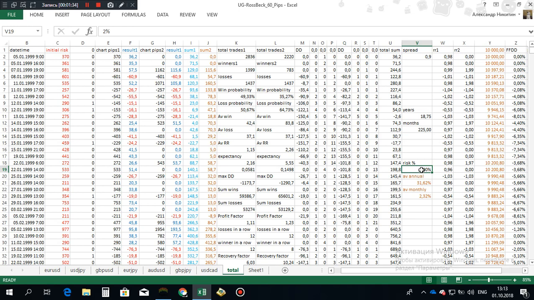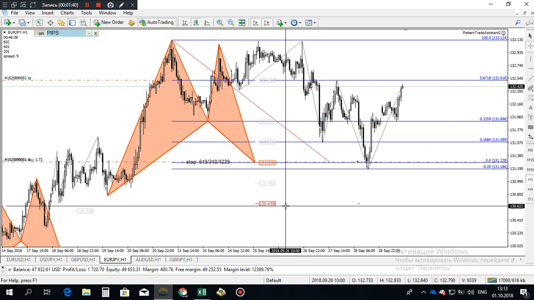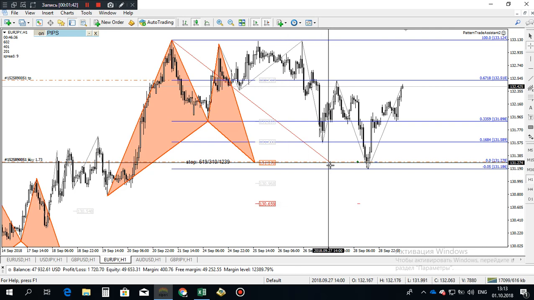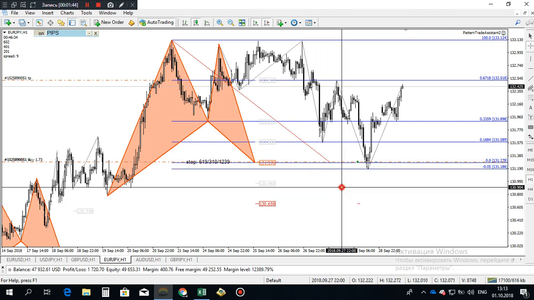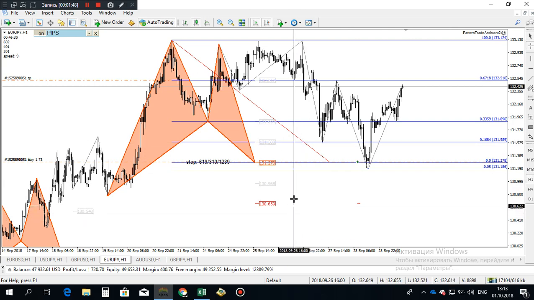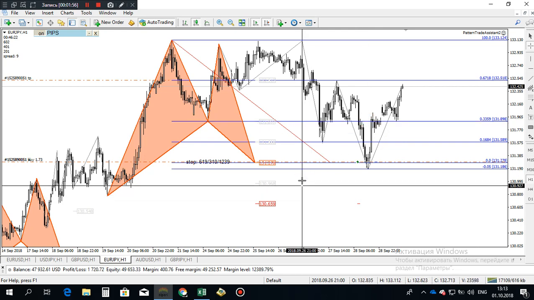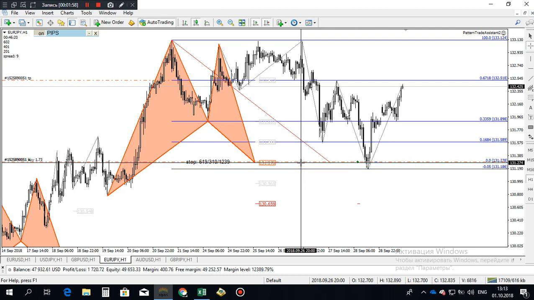Okay, as for the other rules, let us have an example here. This is the initial stop loss placement. This is the buy limit order. When price hits half this level, then the initial stop loss is cut by half. When price hits this level, traditionally the first target, then stop loss is moved to break even. Right now it is at break even.